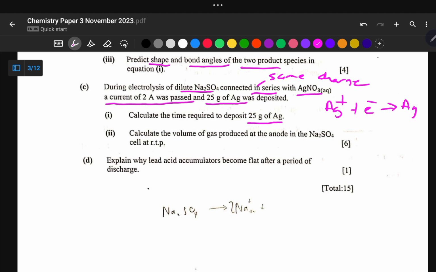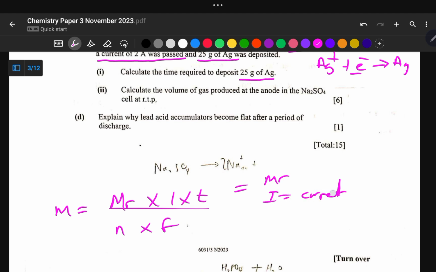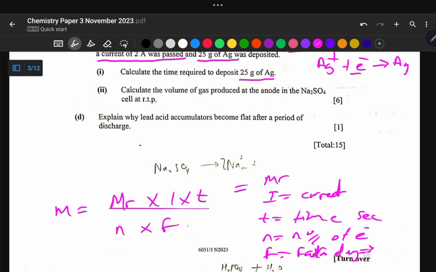So this equation is balanced, and we have 1 electron. So we have got this formula which says M is equal to mR multiplied by I multiplied by T all over N multiplied by F, right? mR is the molecular mass, I is the current, T is the time in seconds, N the number of electrons, and F the Faraday's constant,